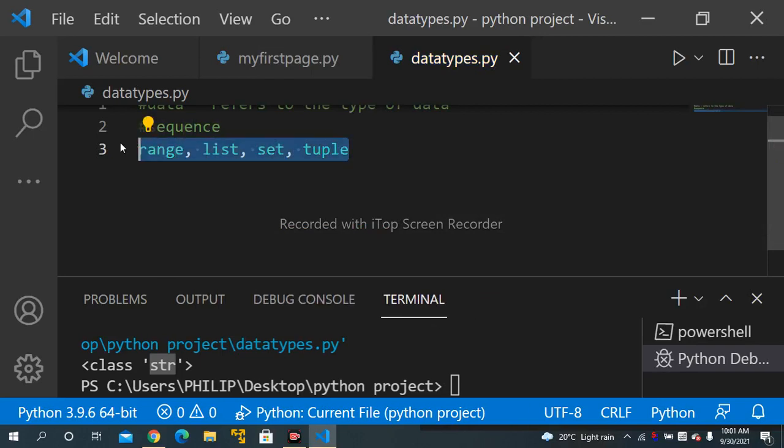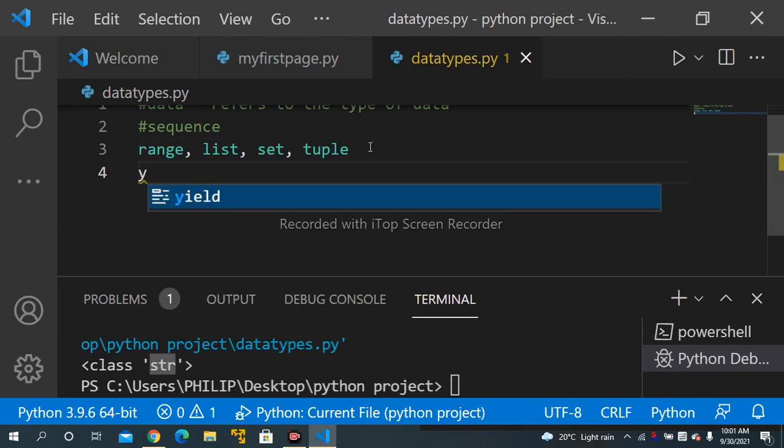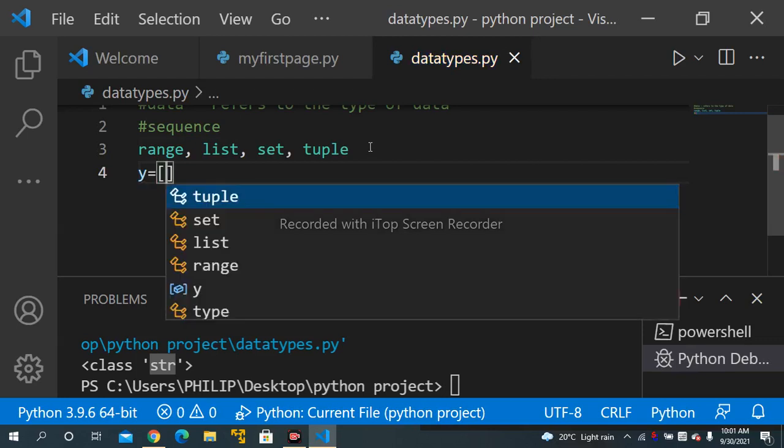We'll also discuss this as we look at various arrays. So let's have an example of a list. You may have something like y equals to, then you can just say, here you can have